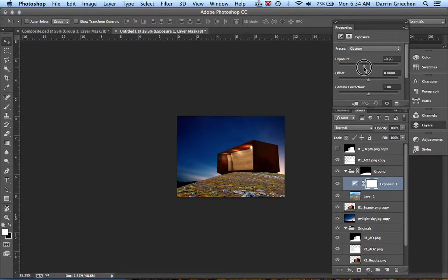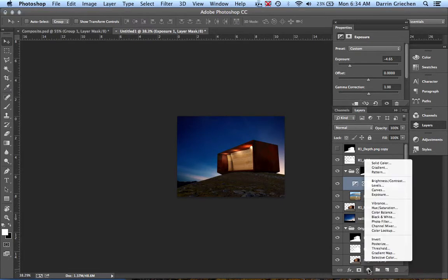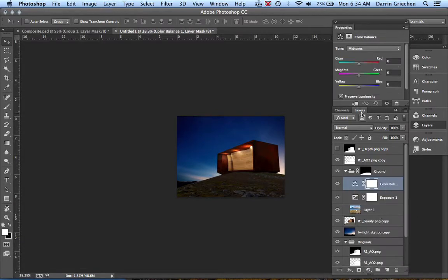so that as I'm adjusting, now I can turn these guys down. Okay, so that's good, maybe just a tad more. And then the next thing I'm going to do is add another adjustment layer. And this one we're going to do color balance. And so this one I'm going to turn off the exposures, and I'm just going to tweak this thing a